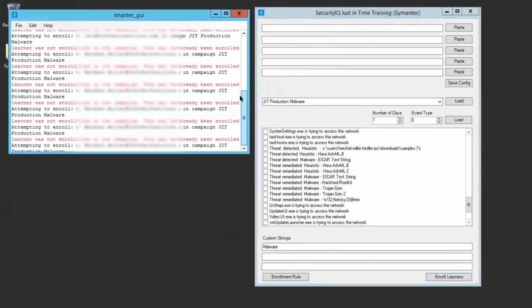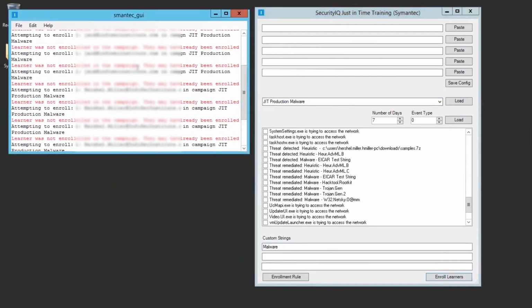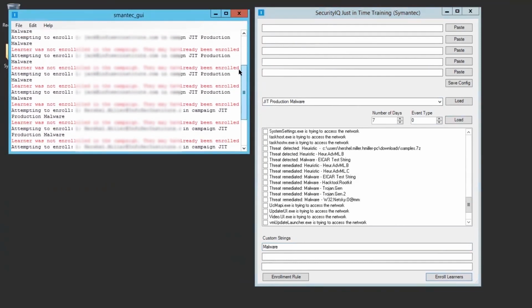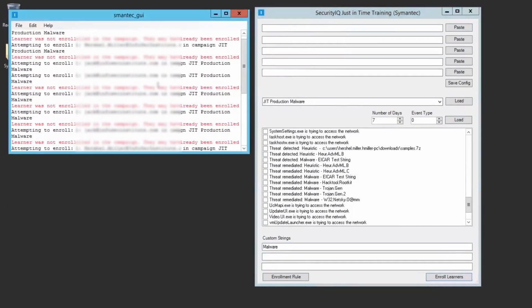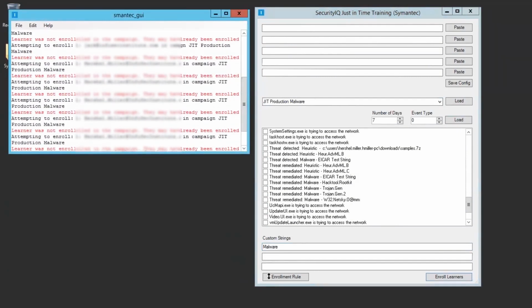If we scroll up, we can see Jack's name here several times, indicating that Jack was enrolled in that campaign, and that Jack must have had events with malware several times. All right, I'll turn it back over to Jack so he can show you the enrollment in the campaign and